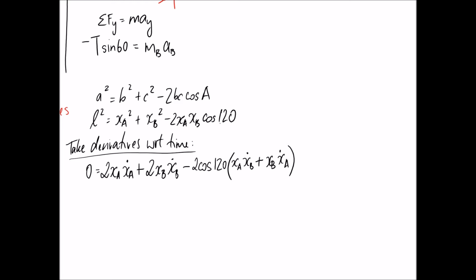So one thing we can do to make it a little bit simpler is divide everything by 2. So the 2s are going to cancel with each other, and we're left with all the rest. Alright, so we're going to need to take a second derivative so that we get the double dot in our equation. So the second derivative,